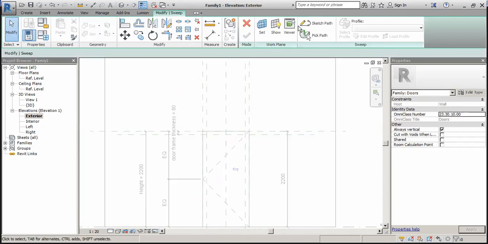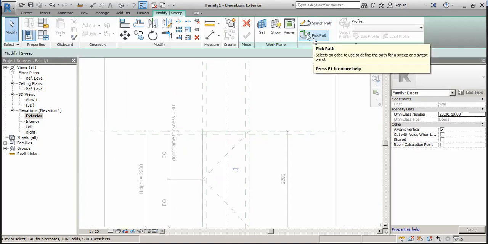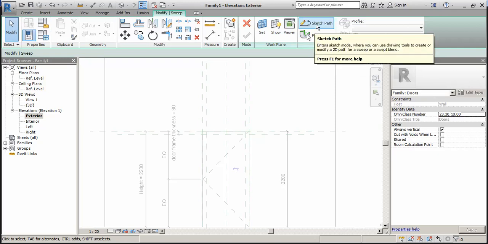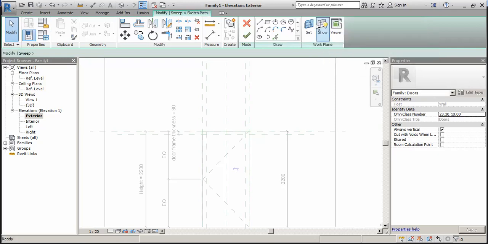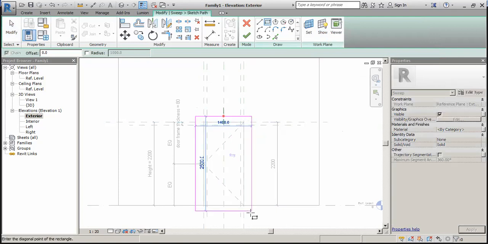So in solid sweep, there are 2 things. One is a sketch path and second is pick path. So we will select sketch path. So drawing tool is open. So we will create a rectangle.